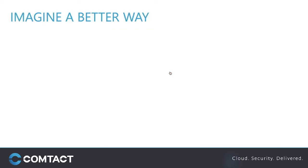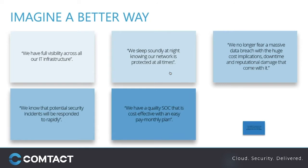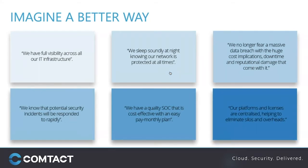But we're hoping to develop a better solution, a better way forward for customers where they do have full visibility across the estate because they've been able to onboard a SOC monitoring solution that was relatively painless within the grand scheme of things. It really started to pull data from a lot of the necessary sources. They knew that, if you will, the tick box was covered, that they could sleep soundly at night, knowing they had visibility across their estate. And with the power of Azure Sentinel, we're able to respond to incidents very rapidly with